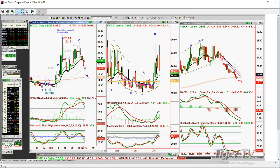Have we made a low? Is it the low? Is it what I call the first earthquake, and then you get that aftershock? How is that going to play out? There are still some very weak technicals, and some of the stocks and indexes have really shown a great deal of weakness, and others have said, hey, look,